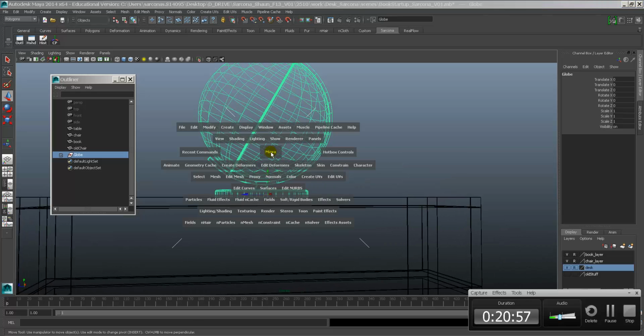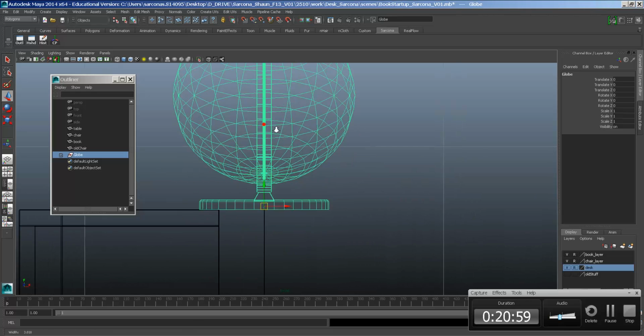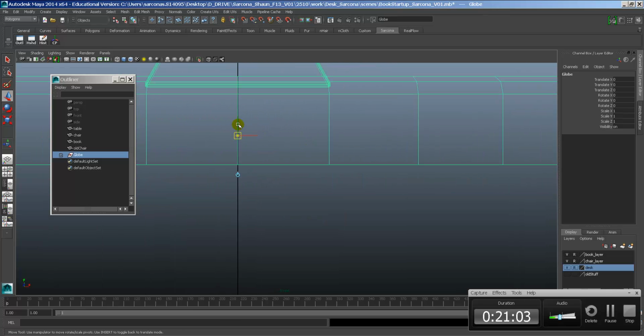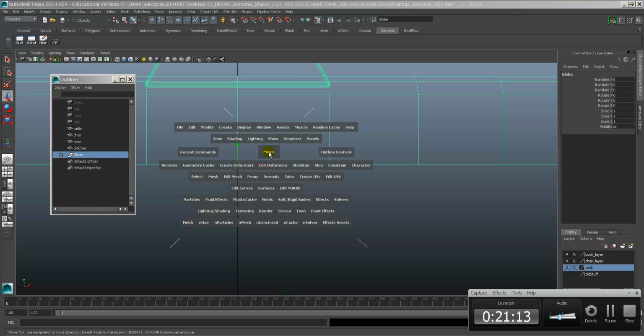Okay, I can even go in my front view, get close to this, hold down the D key, and drag. It's hard to see, but there's a green line right here, right above that yellow box. I'm just clicking and dragging and lining that up at the bottom. Okay, jump back to perspective,